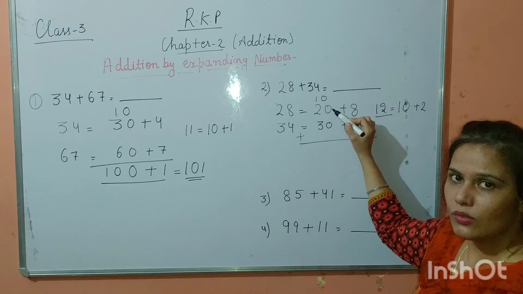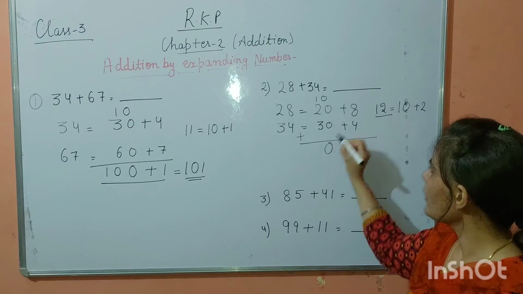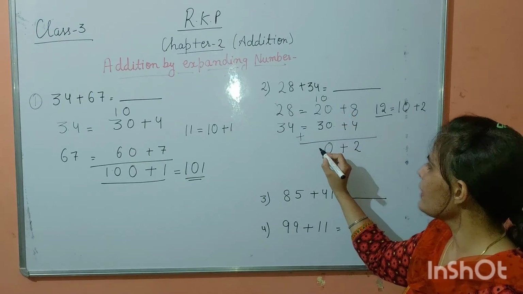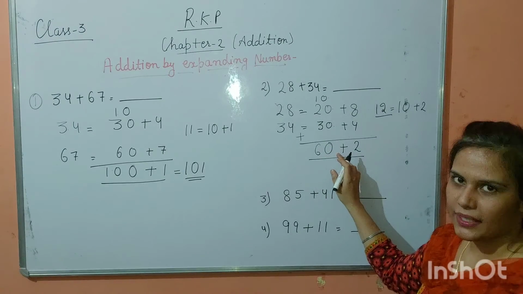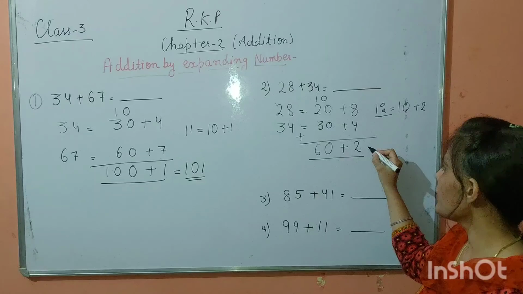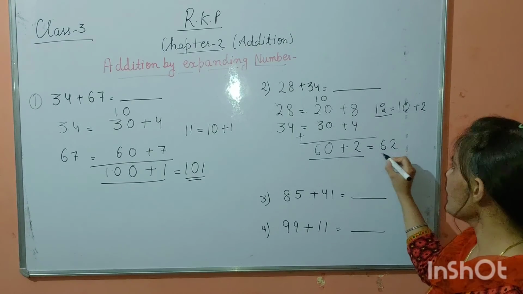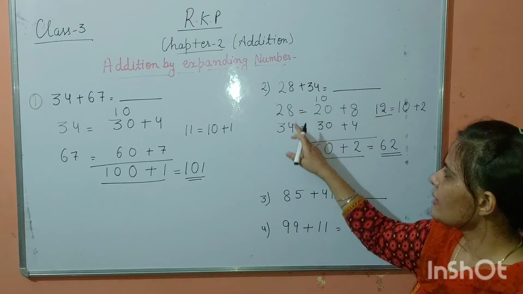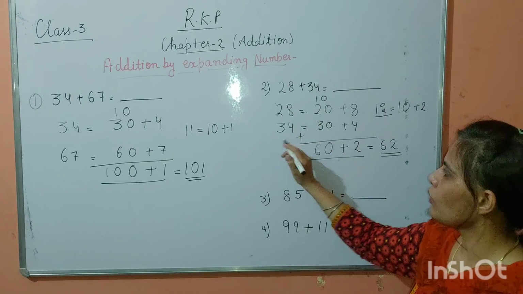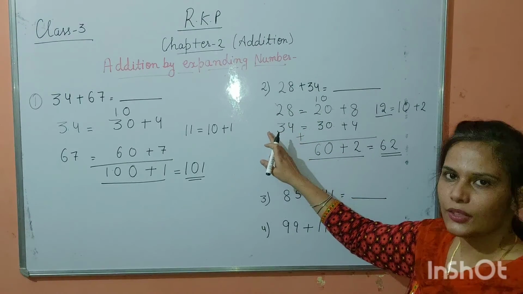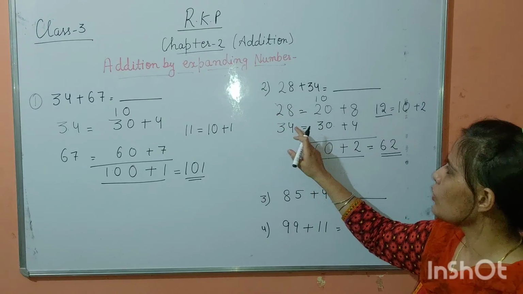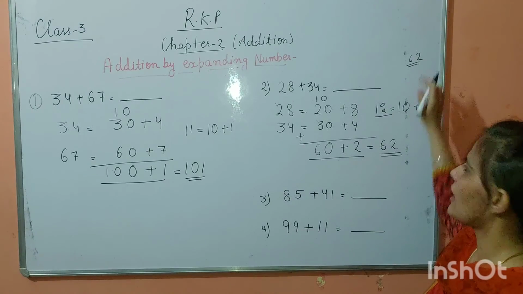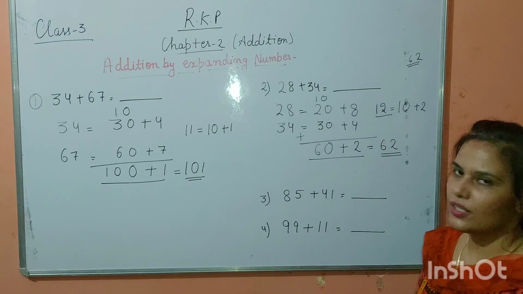Okay. 0 plus 0, 0. 0 plus 0, 0. Plus sign will come also. 2 plus 1, 3. 3 plus 3, 6. Now this is your expanded form. When you convert into standard form, what will you get? 62. Your answer will be 62. You can check your answers by adding these two numbers also. 8 plus 4, 12. You can do it in your rough space. Okay, 8 plus 4, 12 and 3 plus 2, 5, or 6, 62. Both answers are the same. Okay, do these questions by yourself.